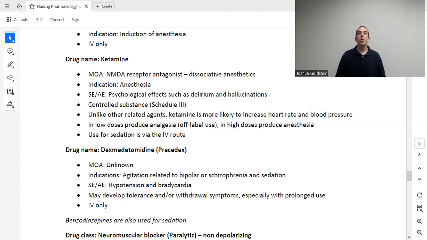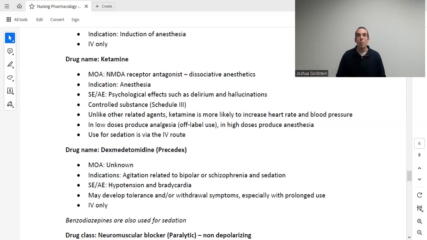What do we use it for? We use it for agitation related to bipolar or schizophrenia, and in my experience, it's used more commonly for sedation in the ICUs. Adverse effects of this, just like almost all of the sedatives we had, hypotension. This one can cause bradycardia, not very common, but it can cause that. And again, a note, if you see that, make sure you're assessing your patient heart rate, blood pressure before, during,